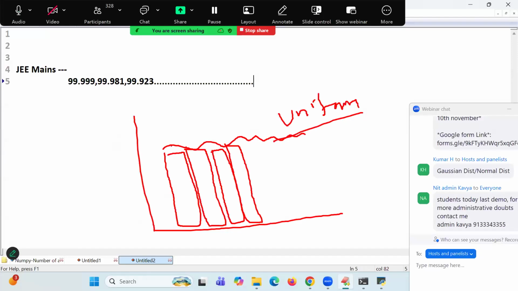The data set they are providing to us, the difference between these consecutive values is not bigger. The difference is only very small. Are you getting my point? If I take such samples, hundreds of samples, is the difference so big or very small? That is known as what? Come on, uniform distribution. Spell out first. What is the uniform distribution? Between two consecutive intervals, the difference is very small. That is known as